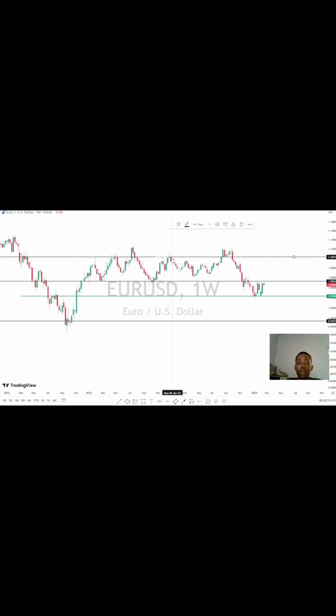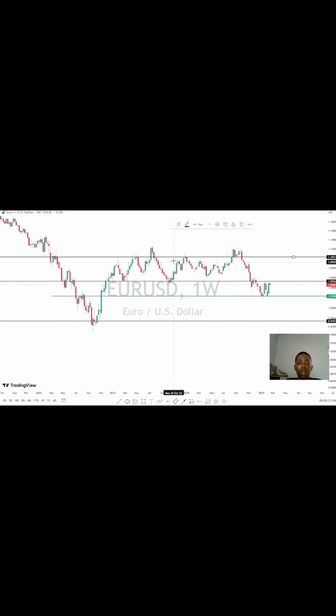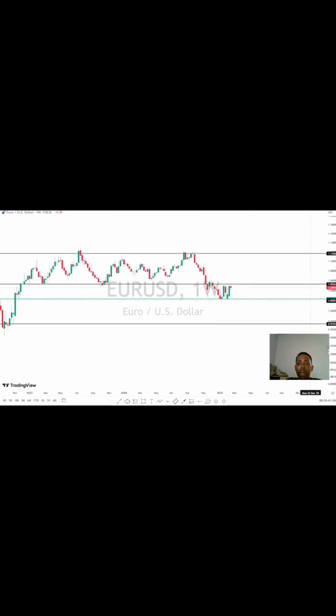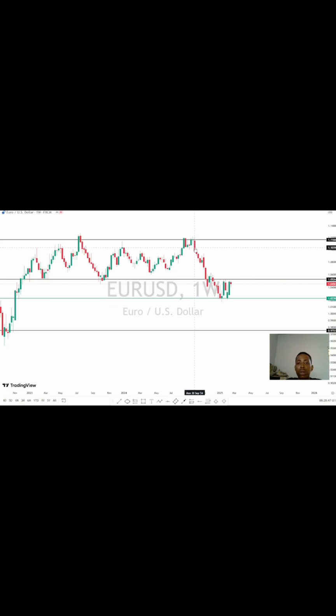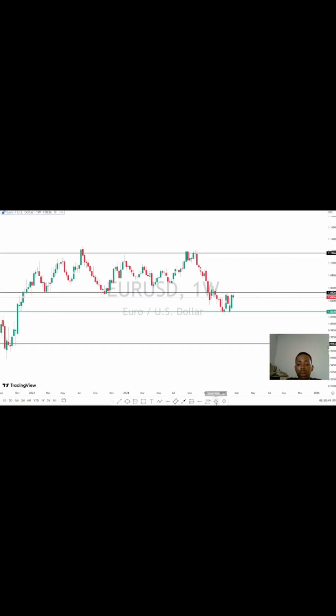Sorry guys, sorry for the interruption. I have to readjust this thing to fit in here. Yeah, I think I'm good here. As you guys can see, we came there and we created a double top, the first leg, the second leg,